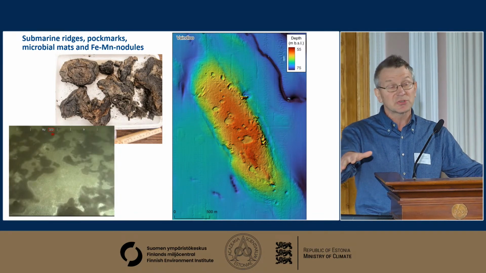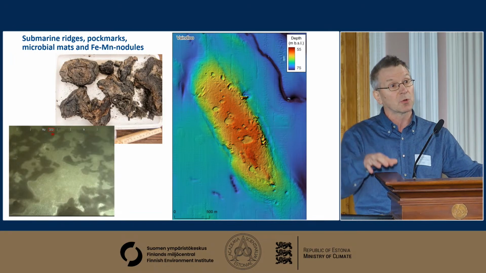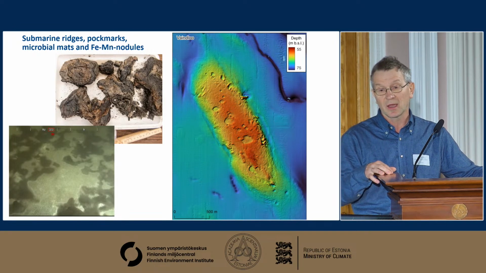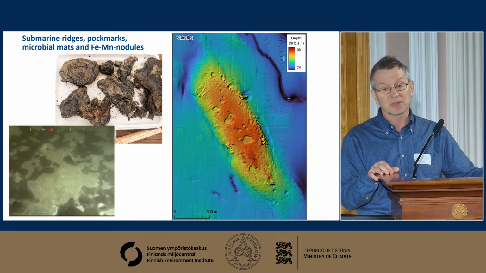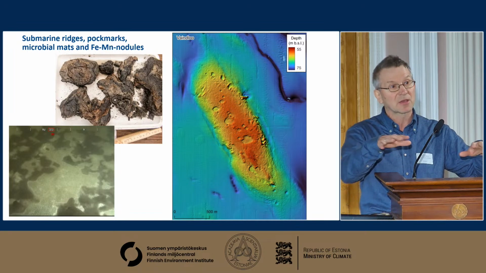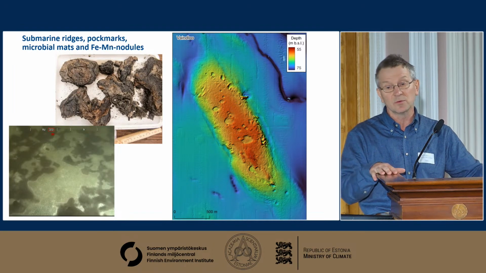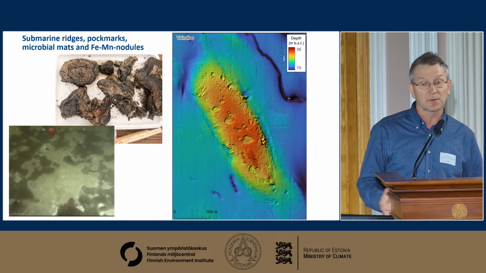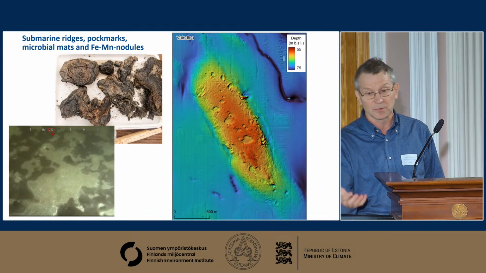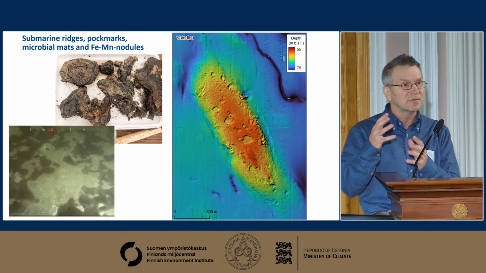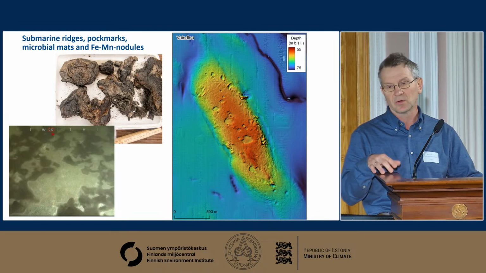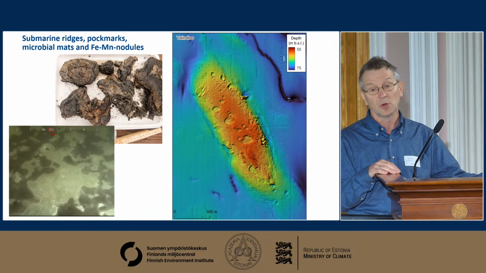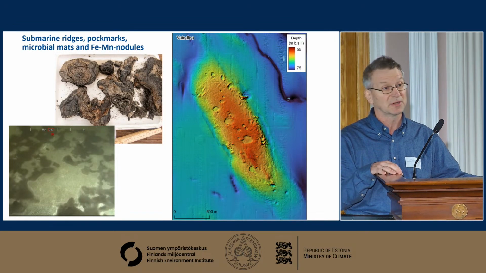So what do we see within these depressions, which we call pockmarks, and around them? We see these whitish, brownish microbial mats together with the seafloor precipitates. And if we take a sample from it, what do we get? We get these various morphological types of crusts and nodules. Very beautiful materials